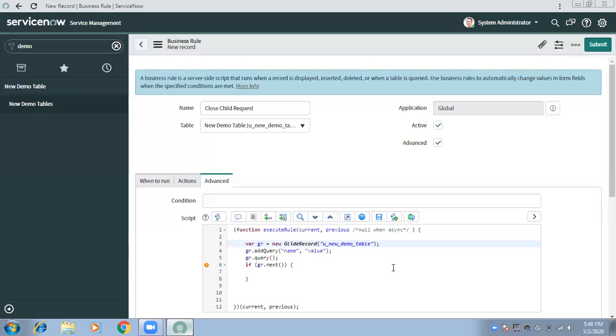This is how we write the code for the GlideRecord class, which is what we are trying to learn. The third line is not exactly querying the table; this whole thing will query the table.